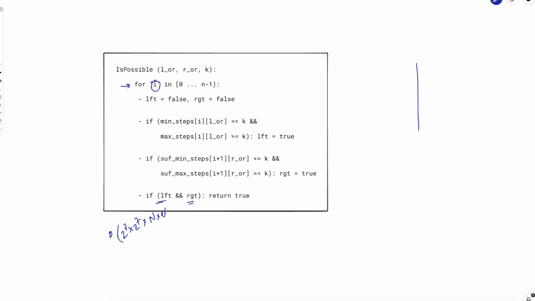So that will simply be order 1 operation. So overall complexity is 2 power n multiplied by 2 power n multiplied by 2 power 7 multiplied by 2 power 7 multiplied by n, plus the complexity required to create this min steps, max steps, suffix min steps and suffix max steps. And for all of them you just need n multiplied by 2 power 7, right? So you will simply multiply this by 4 and this entire thing is kind of negligible in front of this. So you can simply ignore this